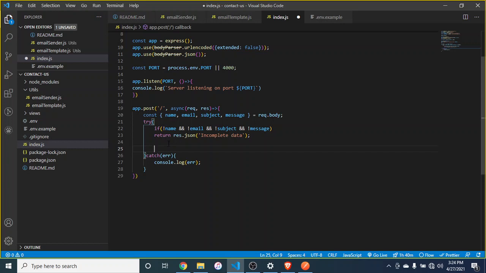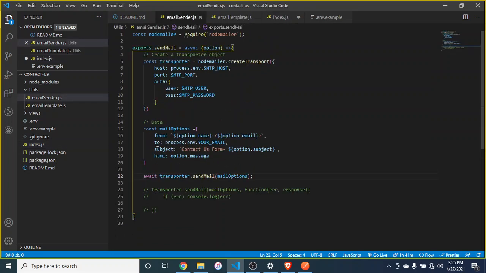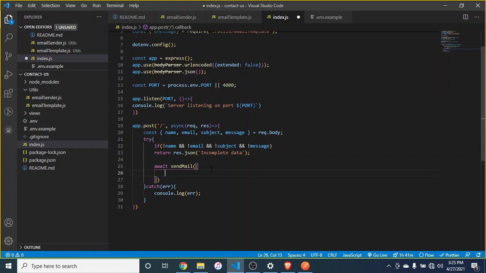So you would want to send the mail now. We've gotten all the data that we need from the user. So we're going to use our send mail option. This is obviously an asynchronous function, so we're going to await send mail. And if you remember, going back here, we needed 4 things: the data that we need to send to the user. So we need the from, the to, the subject, and the HTML, which is the message. So we're sending it out. The from, that's the name of the person. The to is